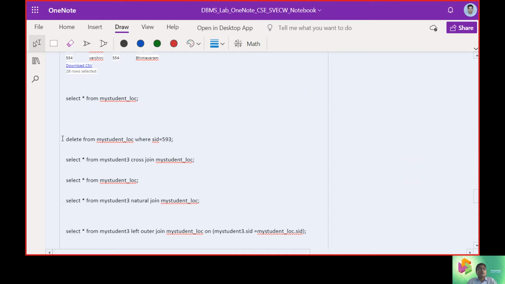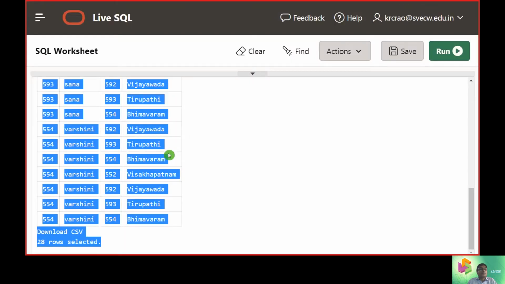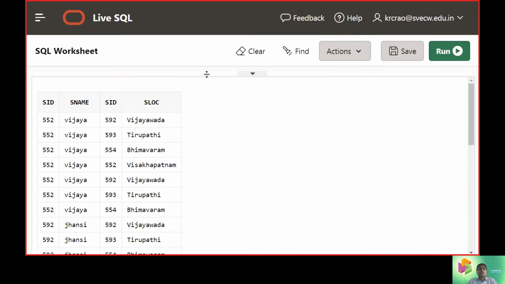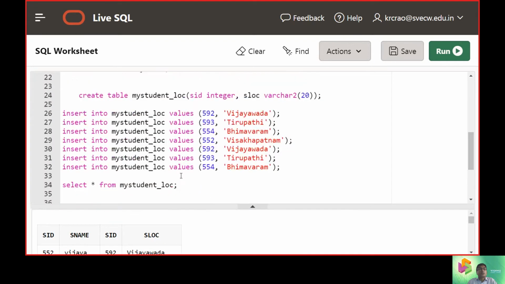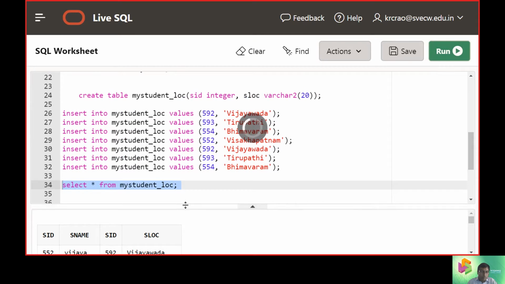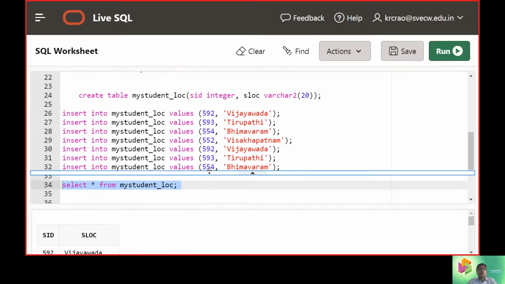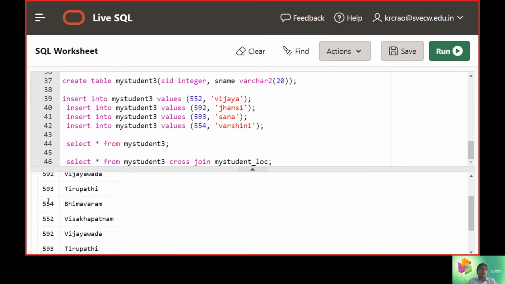Now let us bring up a scenario for clear understanding. I have my student table with student location, and 593 Tirupati is there, right? 593 is the student registered number and she belongs to a place called Tirupati here.